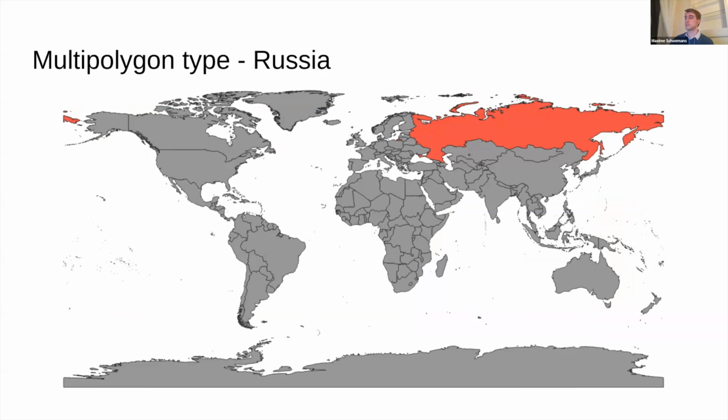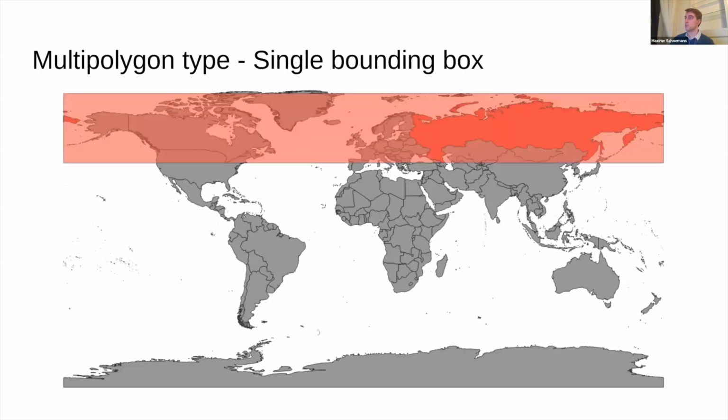So in this case, you see the red polygon, multi-polygon, corresponds to the country of Russia. And since this multi-polygon crosses the boundary of longitude 180 degrees, you have a part of it on the right and a part of it on the left. And so when computing the bounding box of this multi-polygon, we get this very large bounding box, which covers the